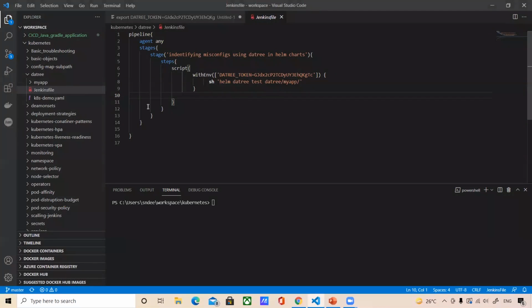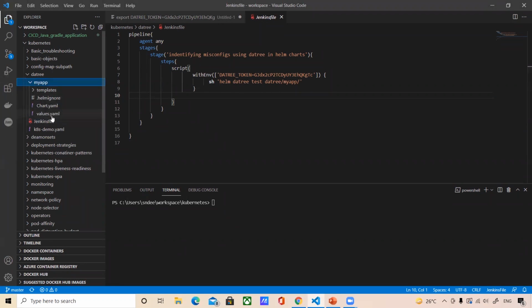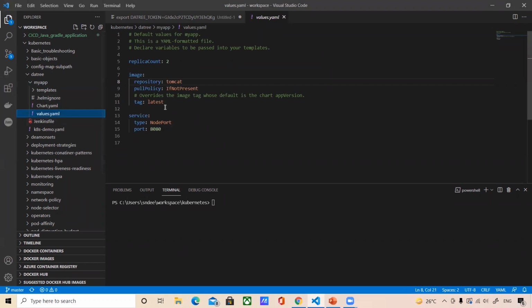So let's correct that. Let me go to my Helm charts, in values.yml. I'm going to change this tag to a specific tag, which is 1.21. Let me save this, and we are also going to push this. git add and git commit -m. Let me write corrected image tag.